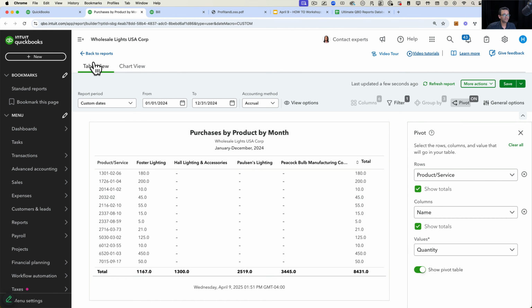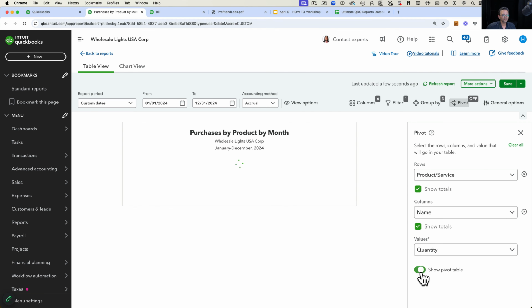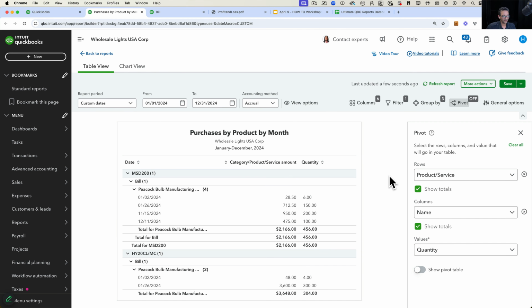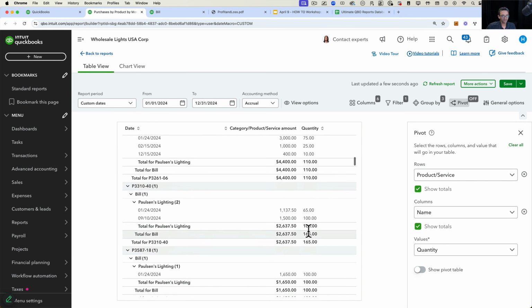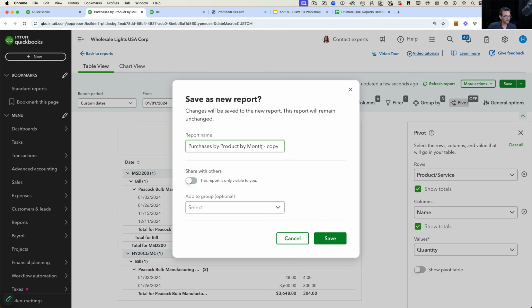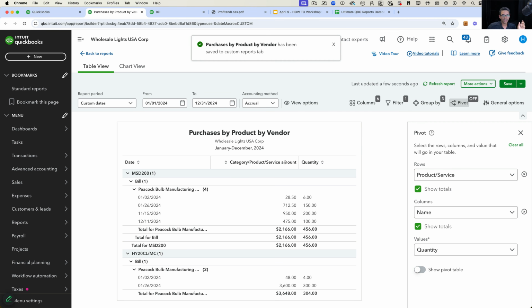So the bare basics of Spreadsheet Sync is once you create a custom report and the report is built in whichever way matters to you, right? So we use these purchases by item and by vendor as the way of breaking it down. You can save this report. I'm going to take it by month, by vendor or something like that. So I save the report, and then once the report has been saved,